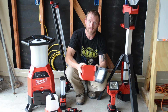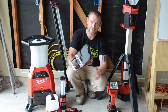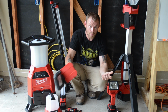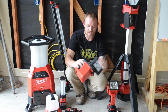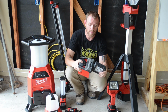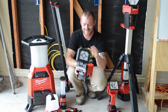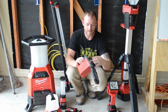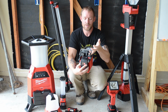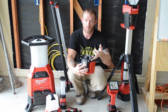this is called the Rover. This is a small enough light that you can still put an 18-volt battery in it, so you get a lot of lifetime out of the battery instead of like a AAA or AA battery. It's got this twisting head on it, so you can set it up somewhere like that, or you can open it up, kind of like set it on the ground, and it looks like a little spaceman. Pretty cool. Some of the features about it are, it has this little hook, I guess you could say, that you can hook onto a stud or onto a pipe or just anything where you're working,